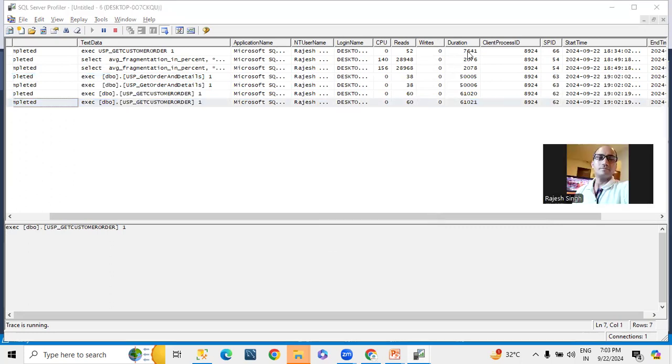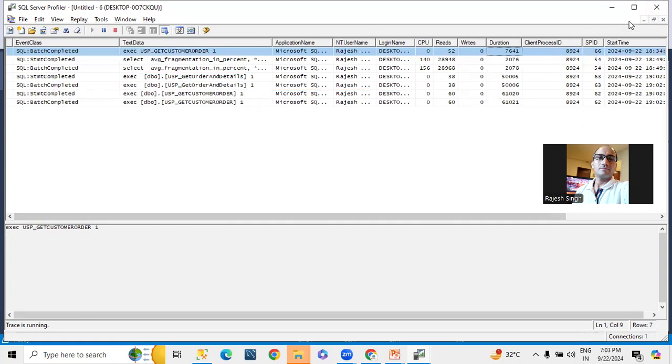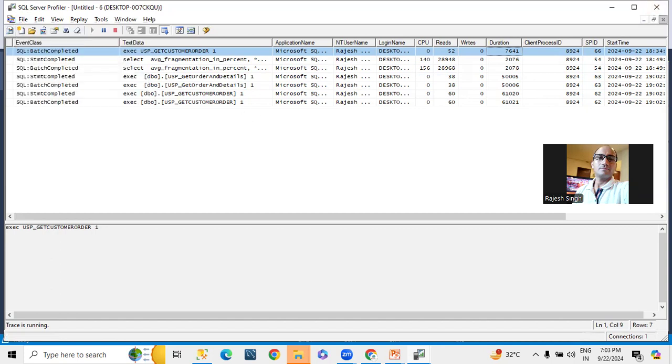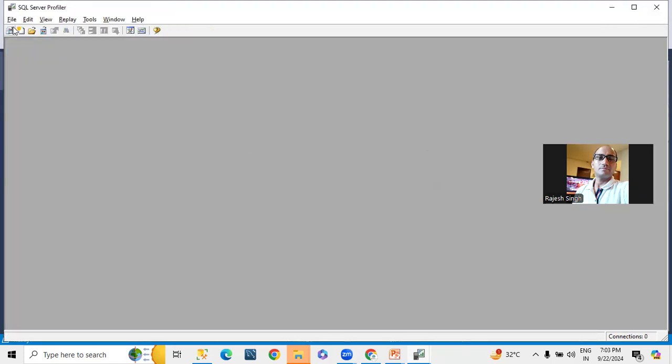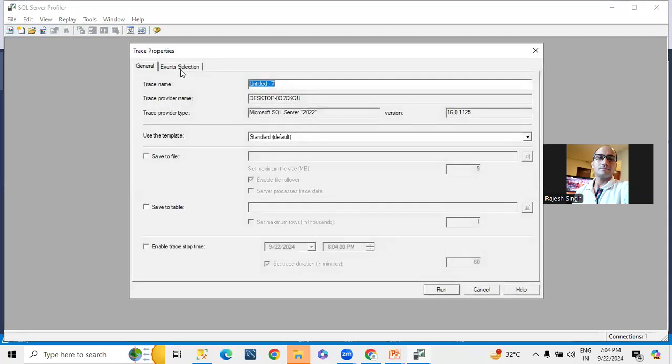So why did it come 76? What I mentioned should not be selected. Basically, what is the target here? If any procedure is executing more than 60,000 milliseconds, it should be listed out here. Okay, let me check what your filter is. One second, let me try once again. I think greater than or less than, maybe I forgot. Let me see those events.